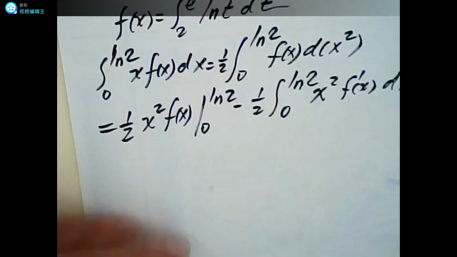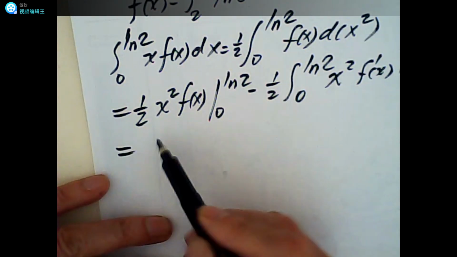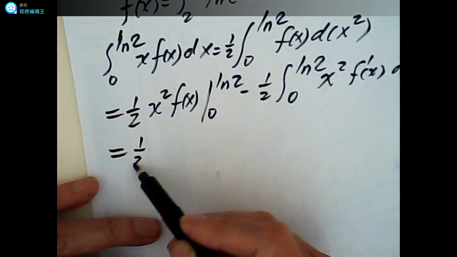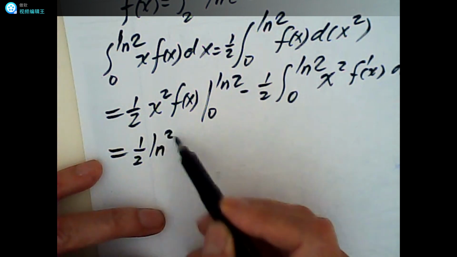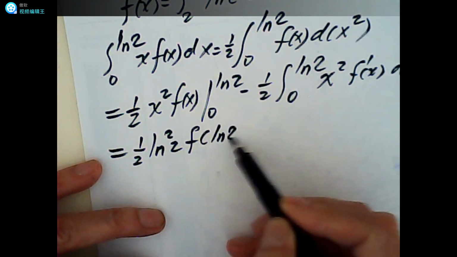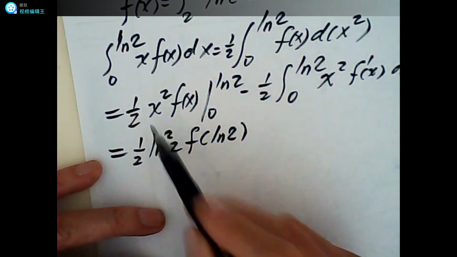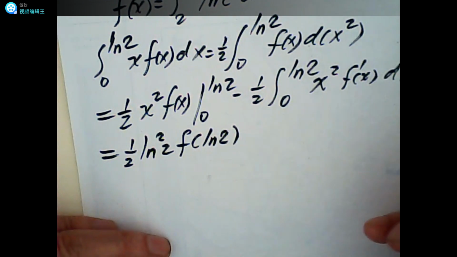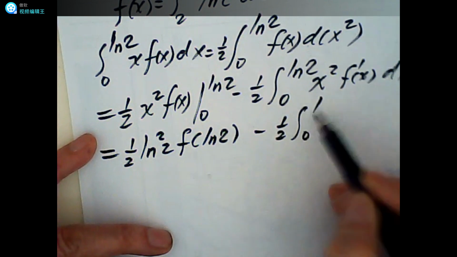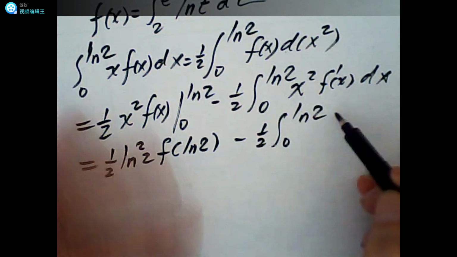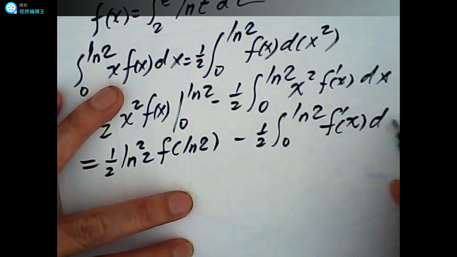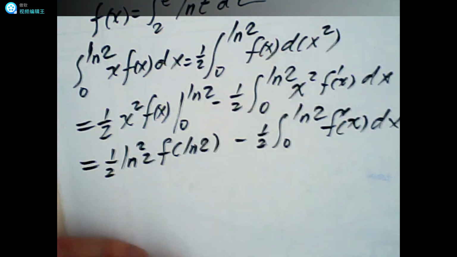Yeah. So the first part will be 1/2 log square 2 and f of log 2 minus 0, right? This 0 is gone. And minus 1/2 integral from 0 to log 2 and the f derivative of x dx. Now,